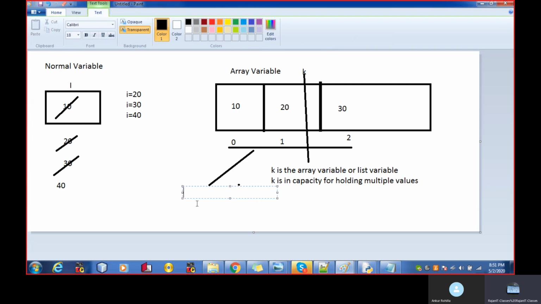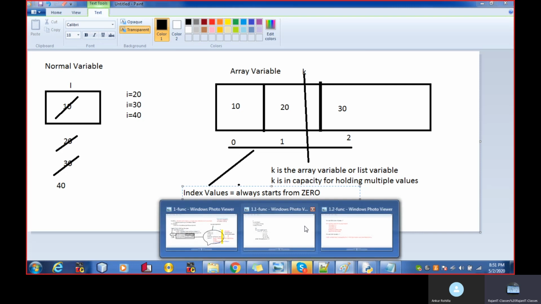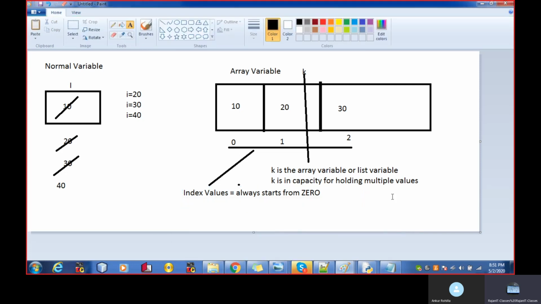These are known as the index values, and index values always start from 0. Any doubt so far? So this is the difference between the normal variable and the array variable, right?